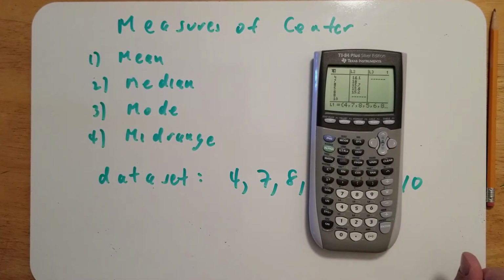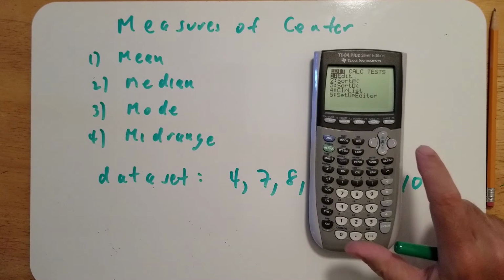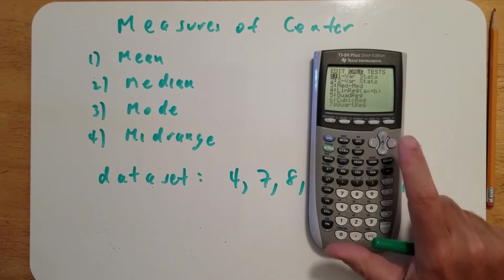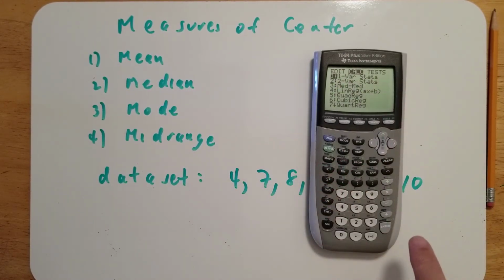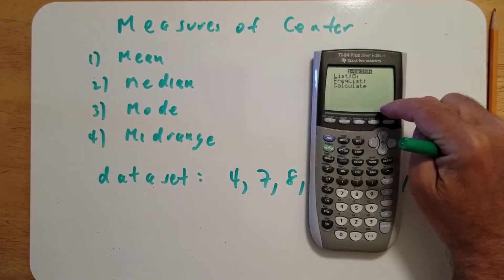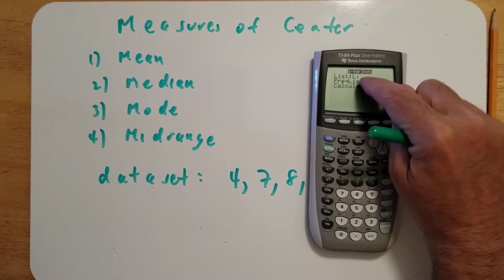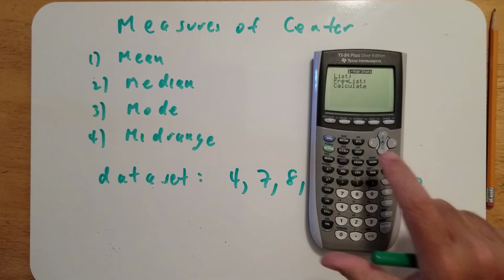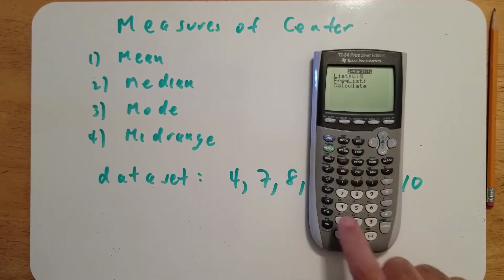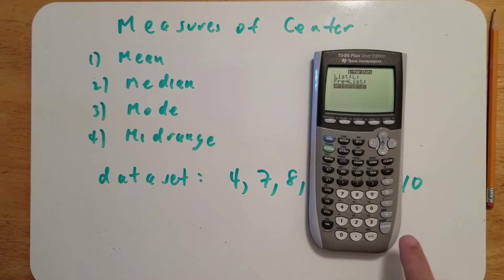Okay, now once you get the list, I'm going back to stat, calc, and the first thing there is called 1-Var Stats. If I go enter, now my stat wizard is on, and it's asking me what list do you want to do the 1-Var Stats on. That's L1. If it's not there, you can always enter it. There's L1. The frequency list should be blank. And when I hit calculate,